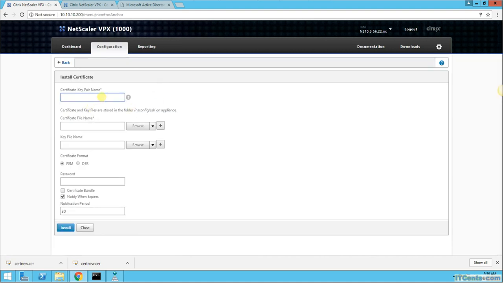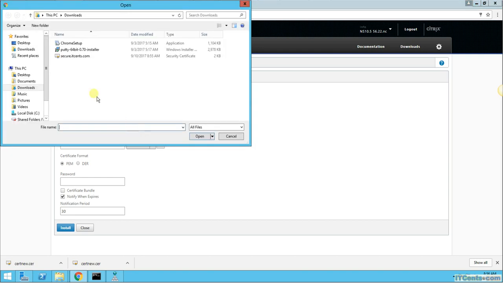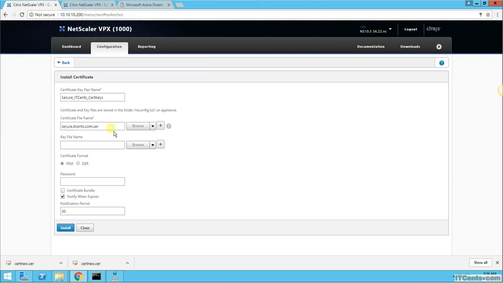and certificate I will say name, let's say secure IP sense cert keys, just the name. Certificate file, I will choose a computer, local computer. Certificate is here,